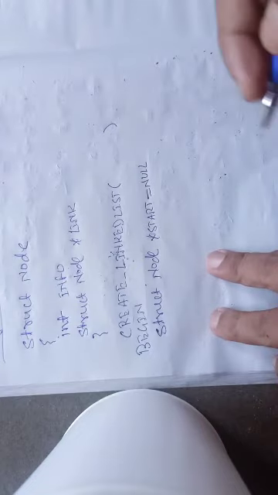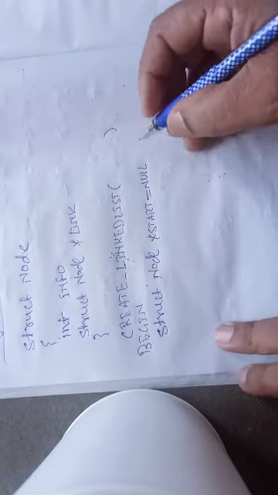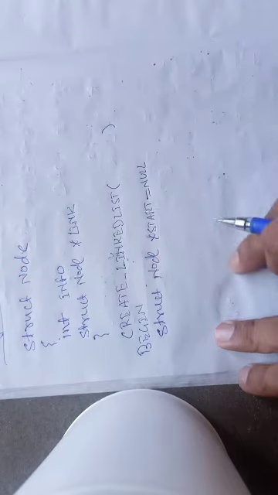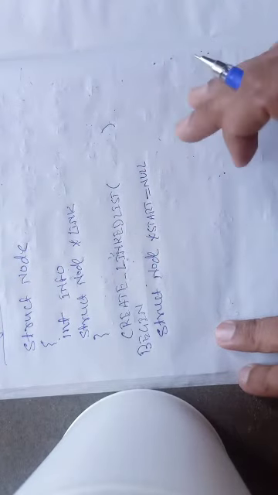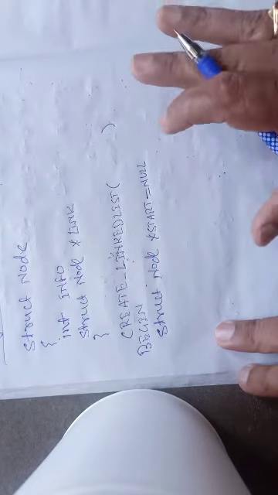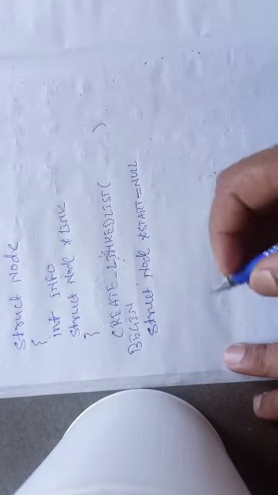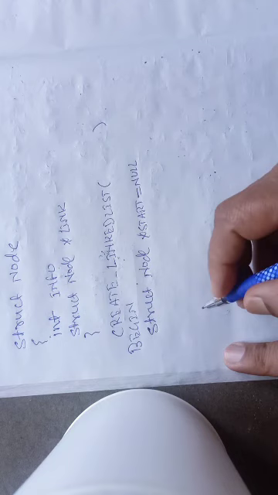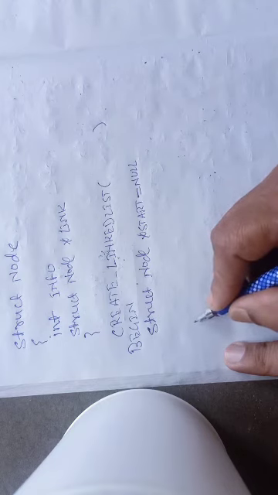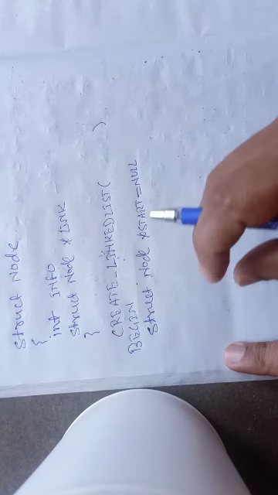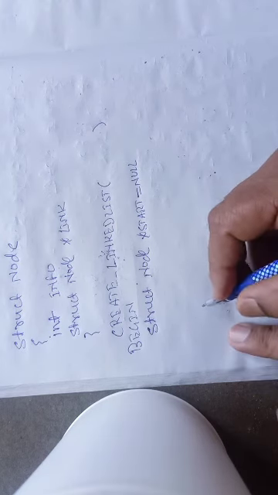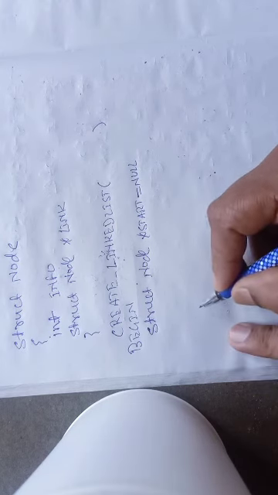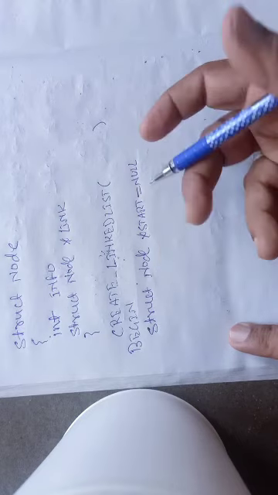Then we need some more variables. But since I am writing an algorithm here, I don't use any other variable unless and until it requires initialization. Okay, now the first step, I'll ask the user. First of all I have to create a first node. Now our objective is to